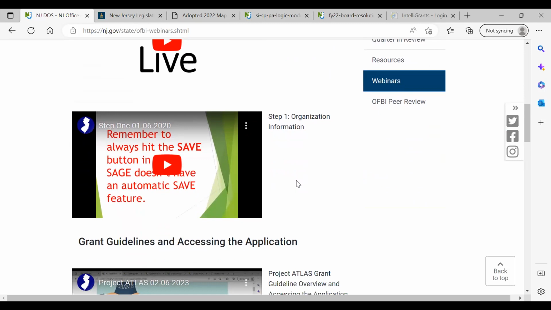For any nonprofit to get a grant from any state agency, regardless of the dollar amount, there are 5 things you need to upload into Sage. Your charity's registration number and proof that that number is valid, your division of revenue number and the business revenue certificate that proves that number is valid, your 501c3 determination letter, your certificate of incorporation, not your articles of incorporation, but your certificate of incorporation, and your certificate of standing.